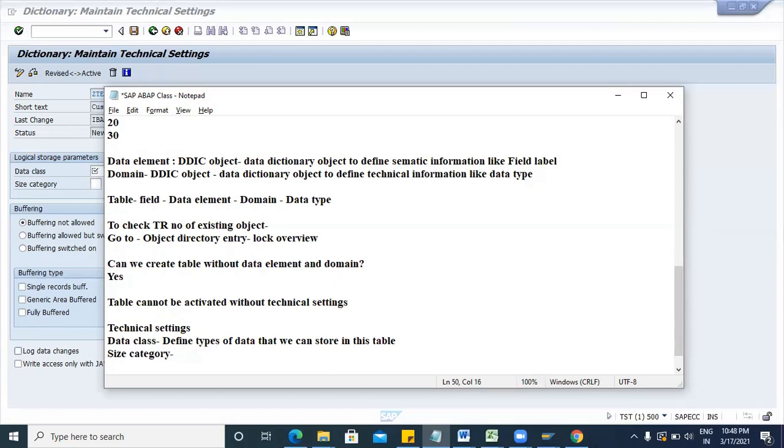Then size category defines the physical space of any table in the database. So data class will define the types of data that we can store, and size category will define the physical space.